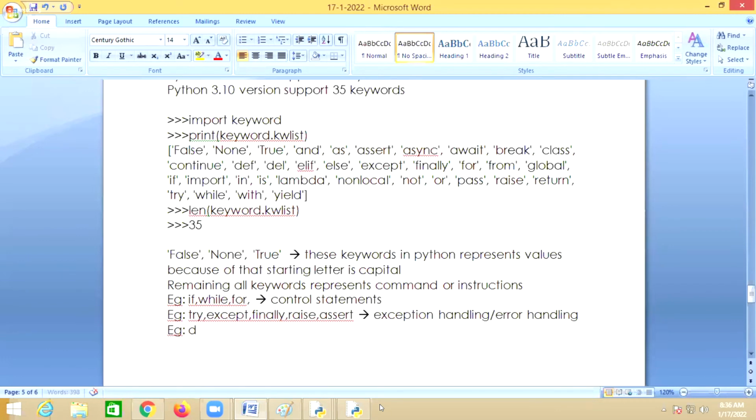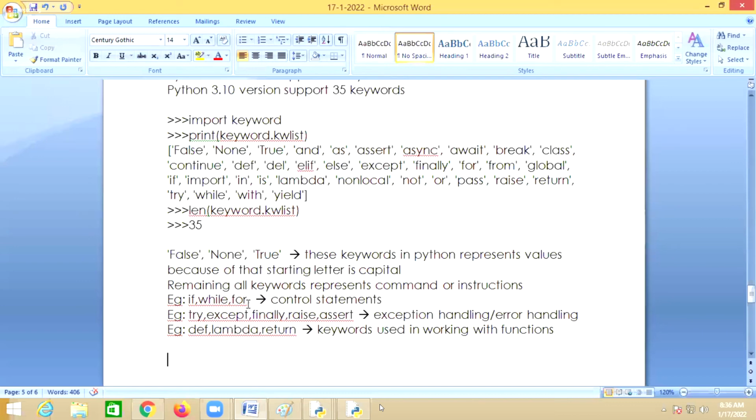Examples like def, lambda, return are keywords used in working with functions. It means each keyword is used for a specific purpose.